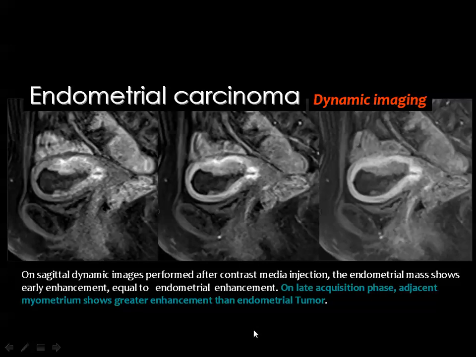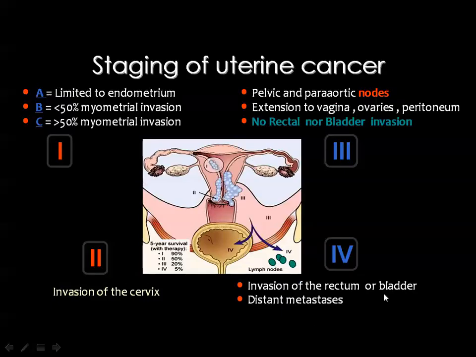One of the good policies now is to have the dynamic study of the uterus by MRI after injecting contrast material. Then in the delayed phase, you get good delineation of the tumor against the enhancing myometrium. Then you can appreciate very easily how the tumor is infiltrating the thickness of the myometrium. And this is the staging